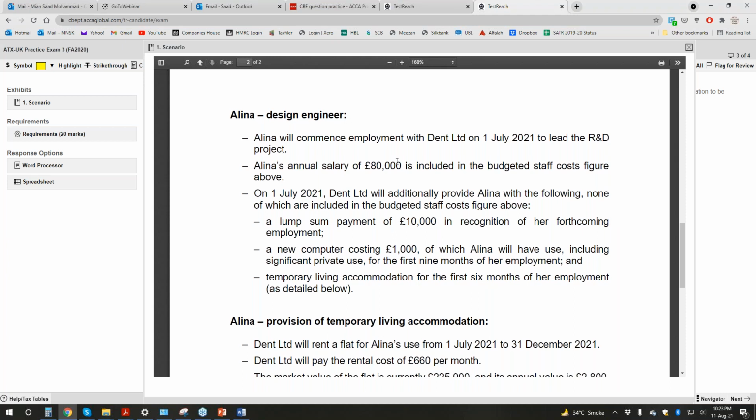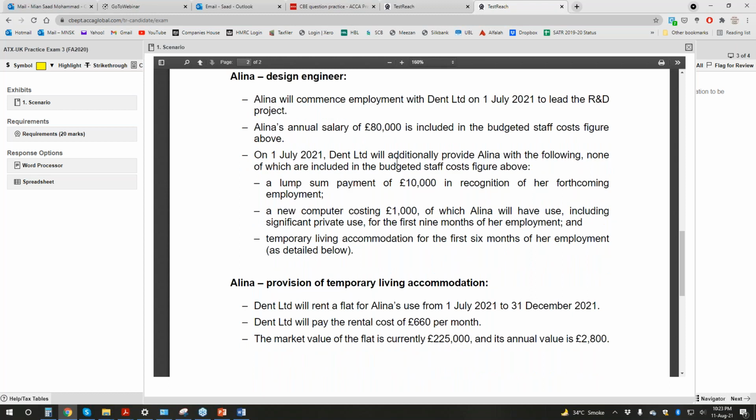So moving on, a new computer costing 1,000, of which Alina will have use, including significant private use, for the first 9 months of her employment. From Alina's perspective, it would have been added into her employment income as a taxable benefit in kind, and the rule applicable on that is use of an asset. And for use of an asset, 20% of the benefit would have been added into